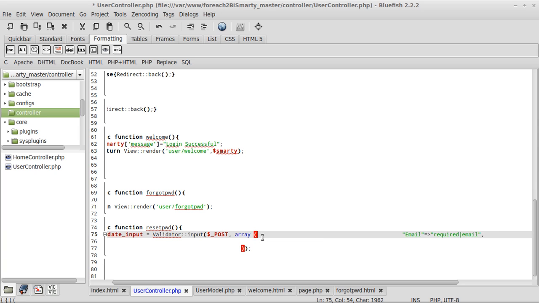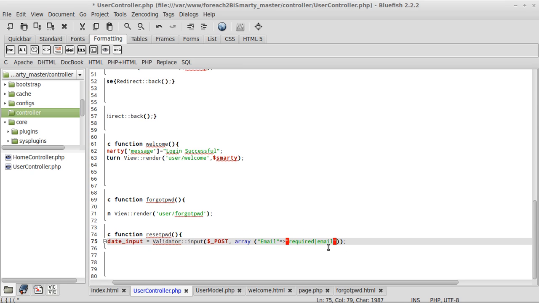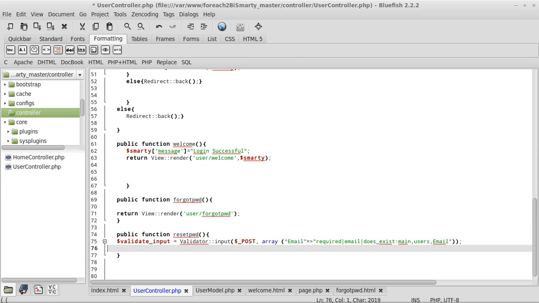So my validation should be email. I don't want the comma because there is only one thing, so just delete this. It's required, and it should be an email, and it should exist in main users, comma, email, from the column email, right? It should exist. So if $validate_input fails,